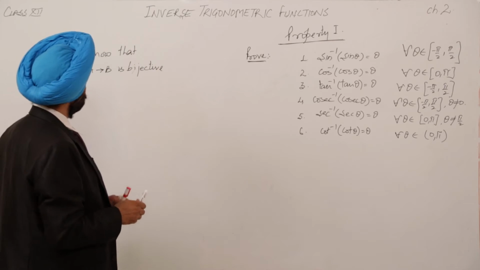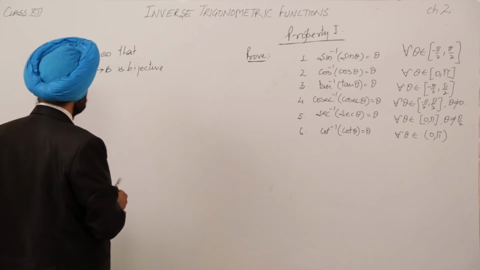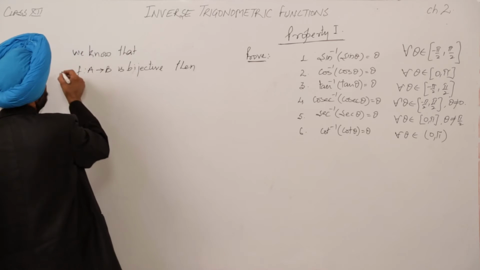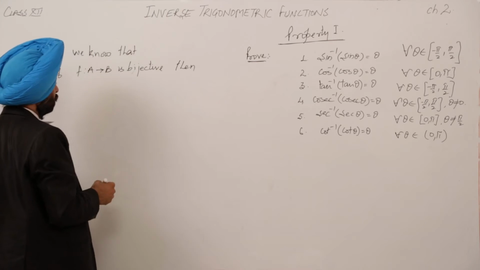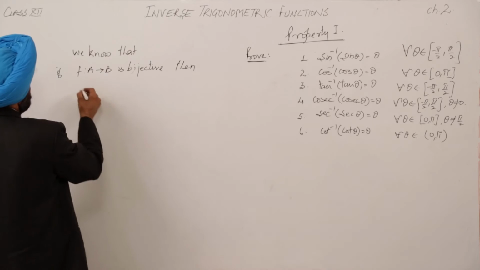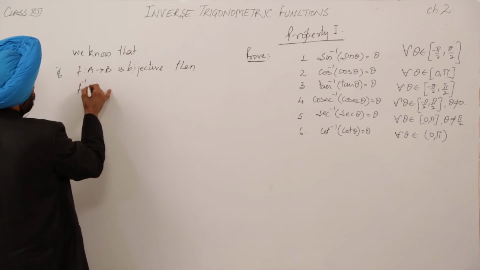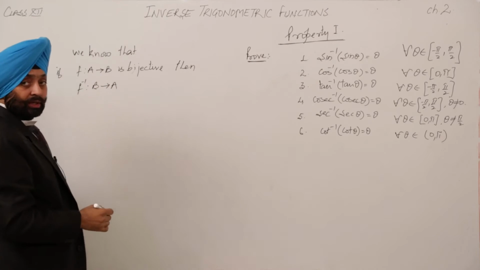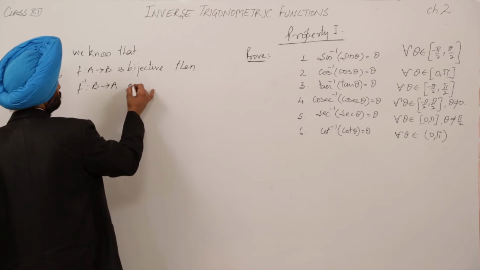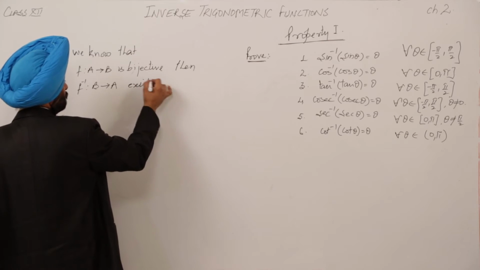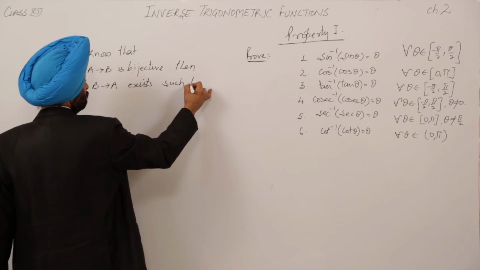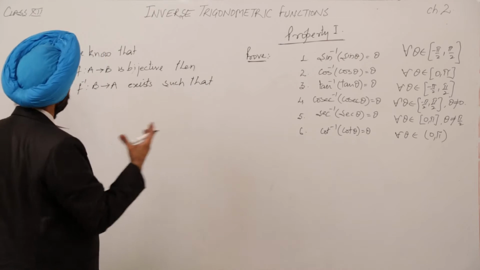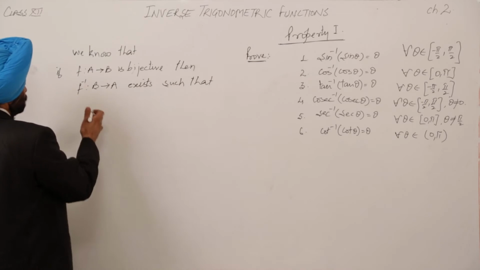So if a function from A to B is bijective, then the inverse of a function from B to A exists such that,